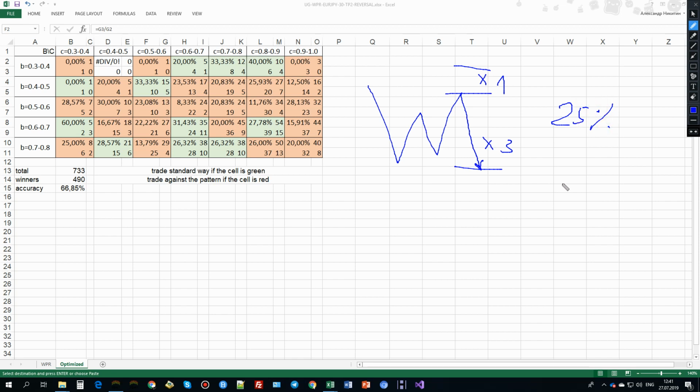So 25% probability is 1 in 4. If you win only one time, you win $3, and you lose